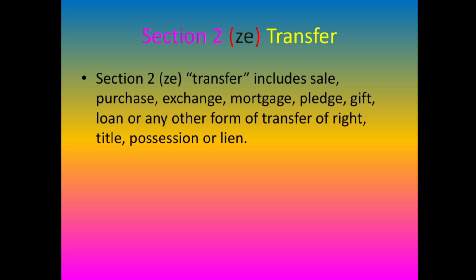And now the last, transfer includes any other form of transfer of lien. Lien is an act which has been generally covered in the Contract Act. Moreover, lien is a legal claim, a legal right which is made against the assets that are held as collateral for satisfying a debt. Lien is the power exercised by an individual, by a person, against the assets that are held as collateral for the purpose of fulfillment of the debt. A lien is established by a creditor or a legal judgment, where the purpose of lien is just to guarantee